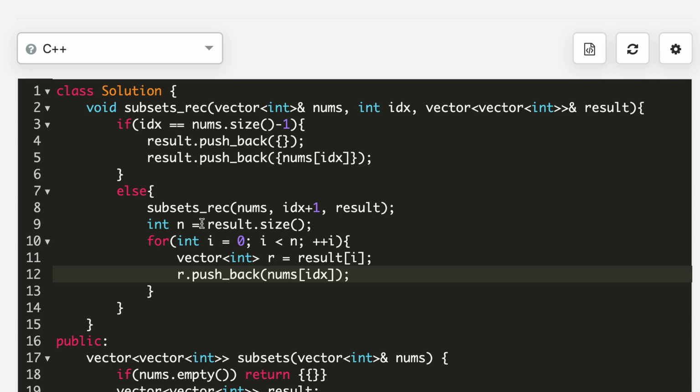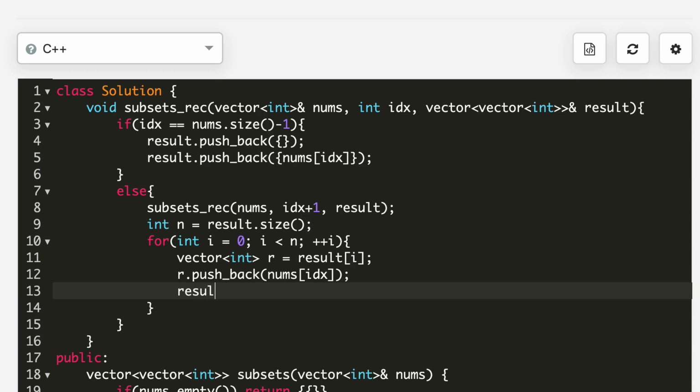Then we iterate through all the values, all the elements of this result, and then append to it the current element, that is IDX, and then also insert it into the result.